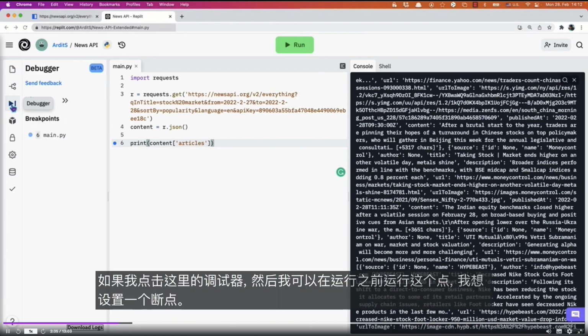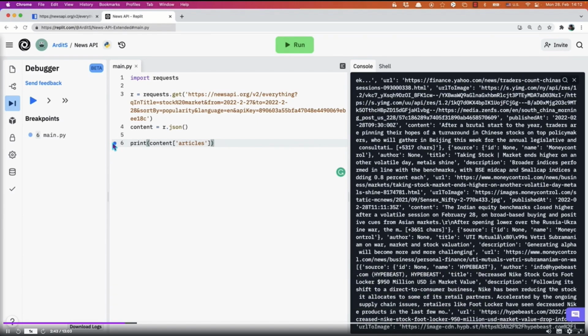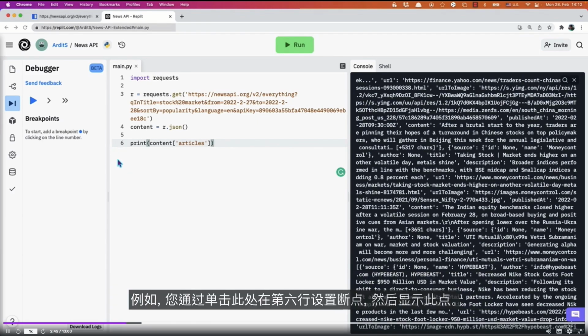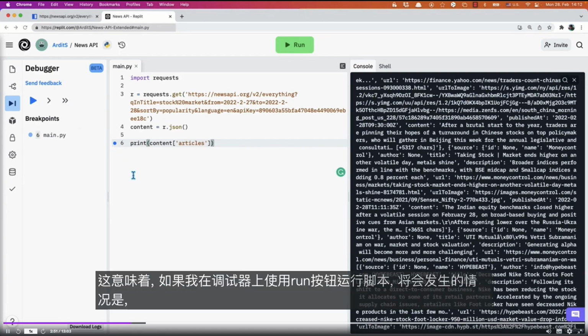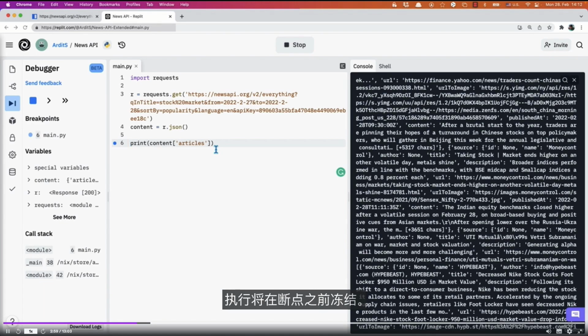If I click on the debugger here, I can run this, but before I run it, I want to set a breakpoint. For example, you set a breakpoint at line 6 by clicking here, and this dot shows. That means if I run the script using the run button of the debugger, the execution will freeze before the breakpoint.